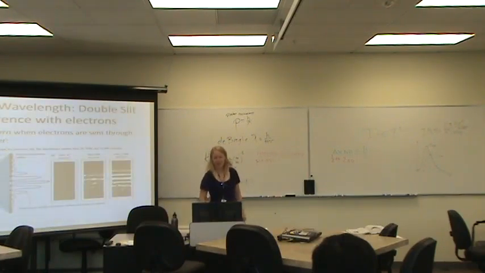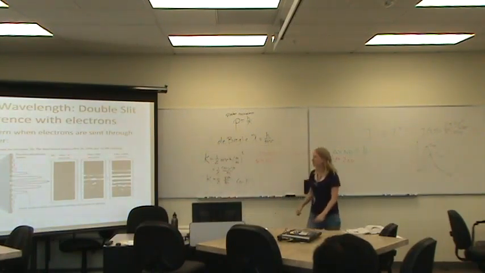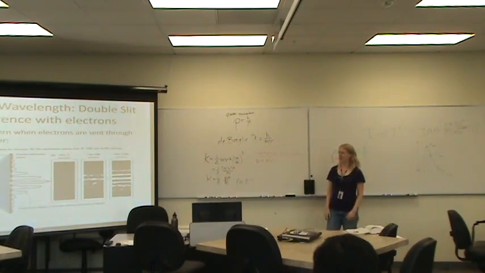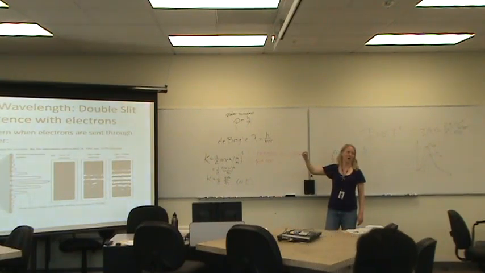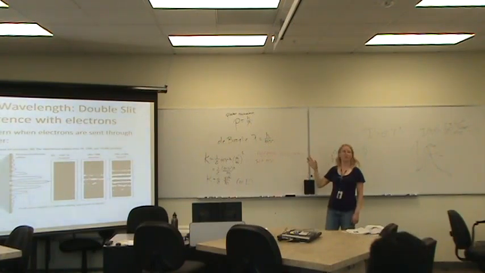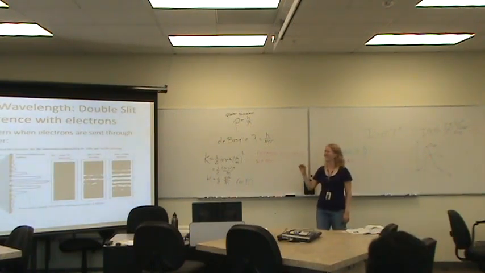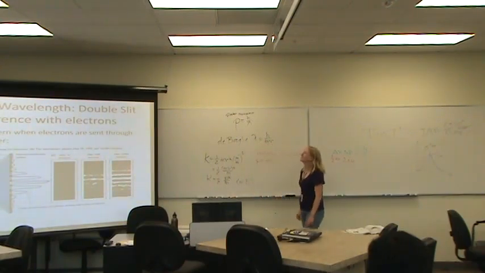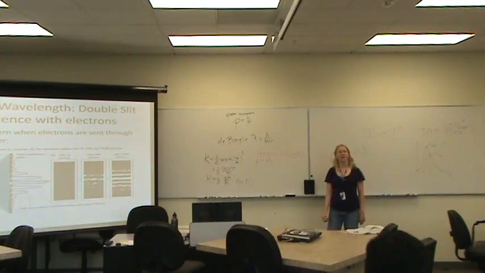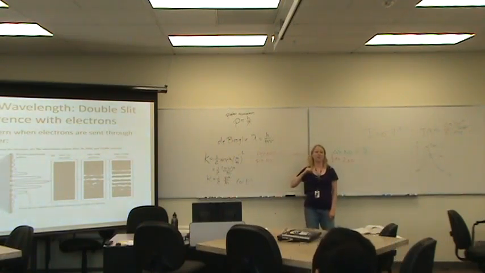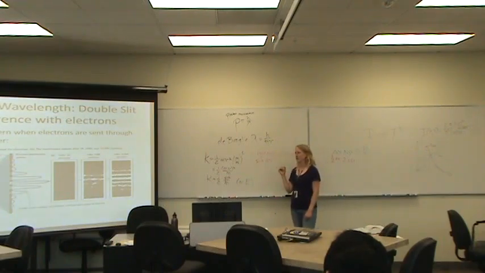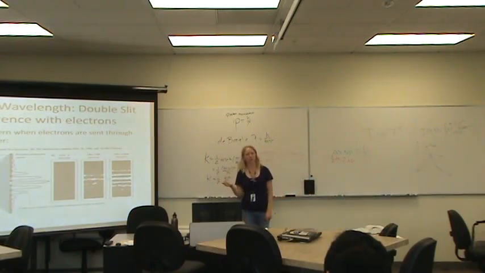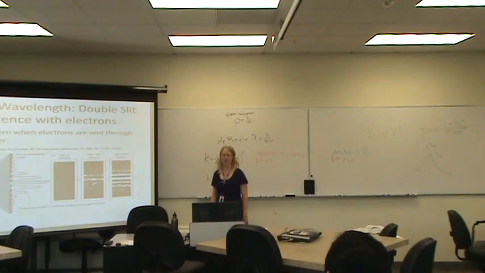All right, so this is what happens when you send electrons through the slits, one electron at a time. Going back to Colin's question about a picture, this is an actual picture: one electron at a time going through 2 slits. It did the same thing. So that proves that particles act like waves. One electron at a time, it's behaving like a wave, interfering with itself, and creating an interference pattern.